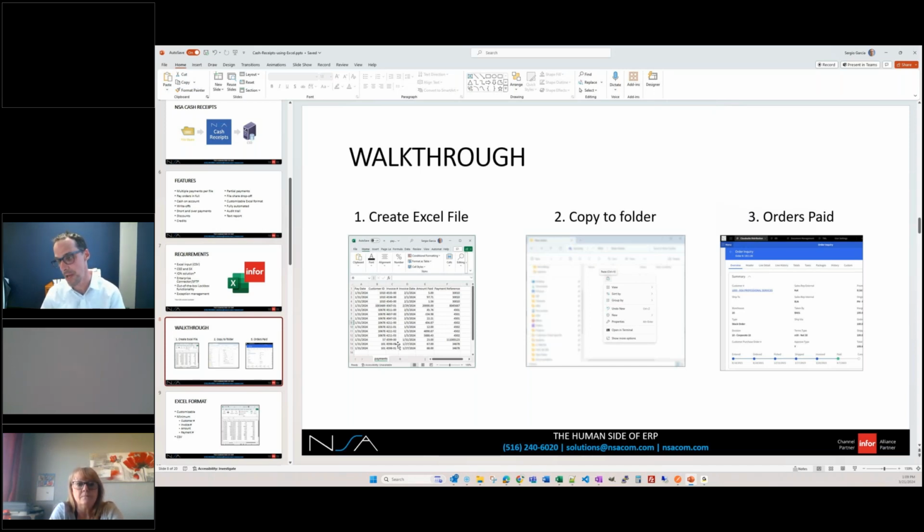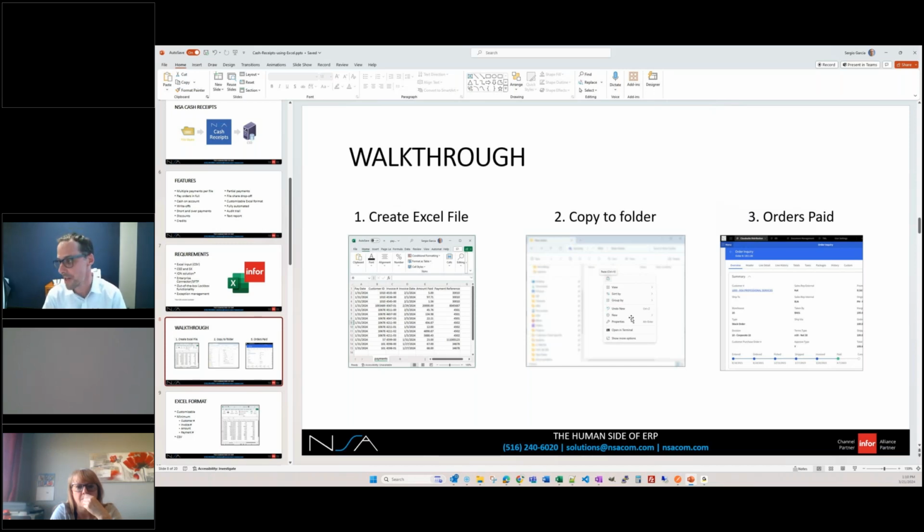This could be either from the bank or from a customer, or any way that you get your receipts information. You can fill it out based on the columns that we define. You either save it into your file share or you just copy and paste it there. Everybody, I believe, has moved files into folders across their computer, but you would just copy and paste it in there, and